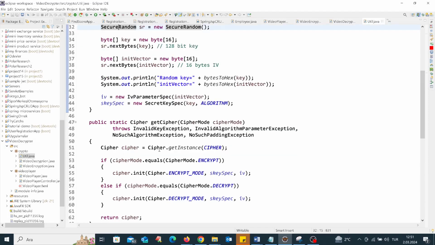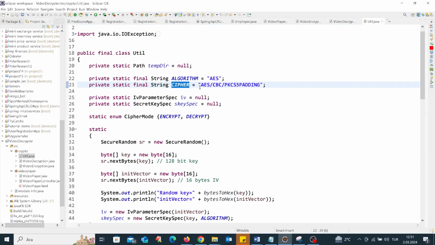When we get the instance of the cipher, we are taking a parameter as a cipher, and when we look at the cipher, we used the AES algorithm with CBC as the block mode, and we use PKCS5 padding. PKCS5 padding adds bytes to the input data to make it a multiple of the block size. The value of the added bytes represents the number of bytes added. PKCS5 padding is widely used and supported by most providers. It ensures that the original data can be accurately